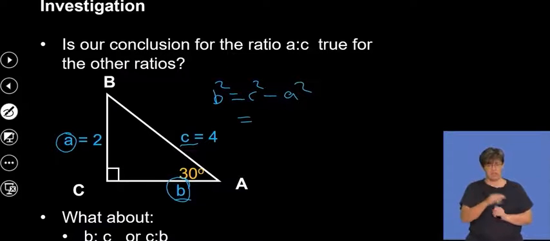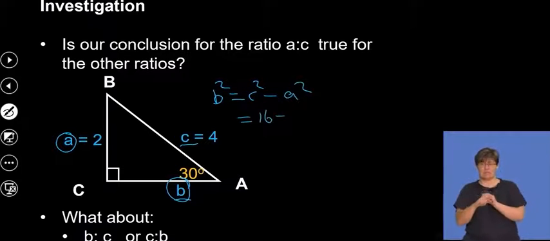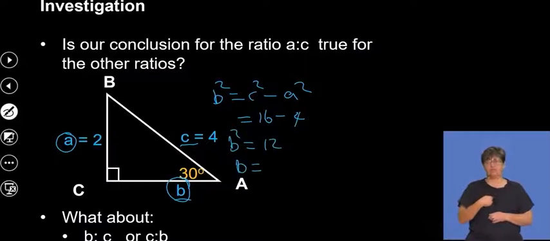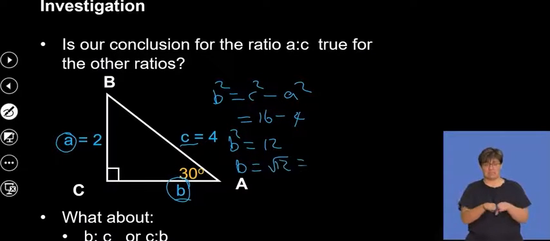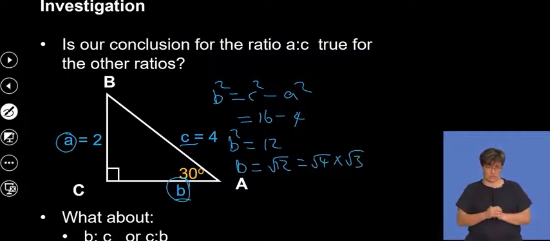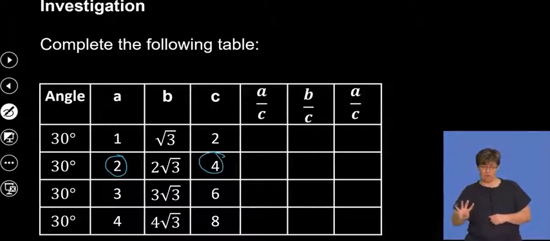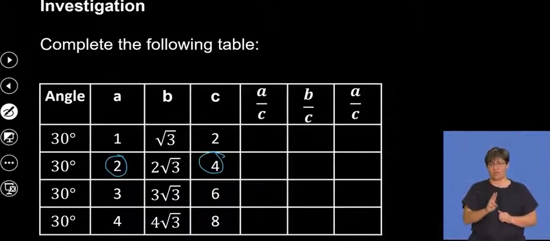And C squared will then be 16 minus the 2 squared, which is 4, and this will give me 12, and that's B squared. So if I want to find just B, it will give me the square root of 12, which is the same as the square root of 4 multiplied by the square root of 3, which is 2 root 3. So what does this mean? Remember, when my side A is 2 and my side C is 4, my B will then be